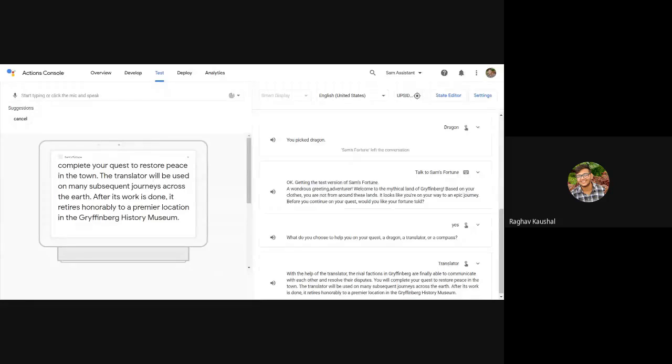So you guys saw that when I clicked on the translator, it worked. It showed a kind of fortune, and the translator will even help in the further quest later. But one thing I felt is that we can make it a bit more refined, because when we click on translator, it just tells us this and ends.